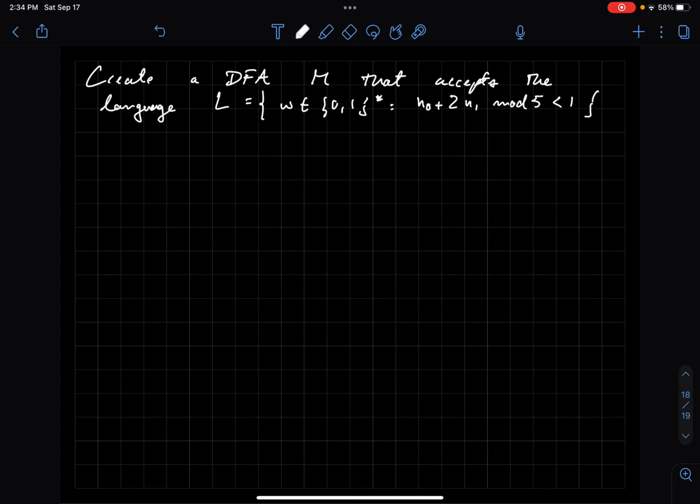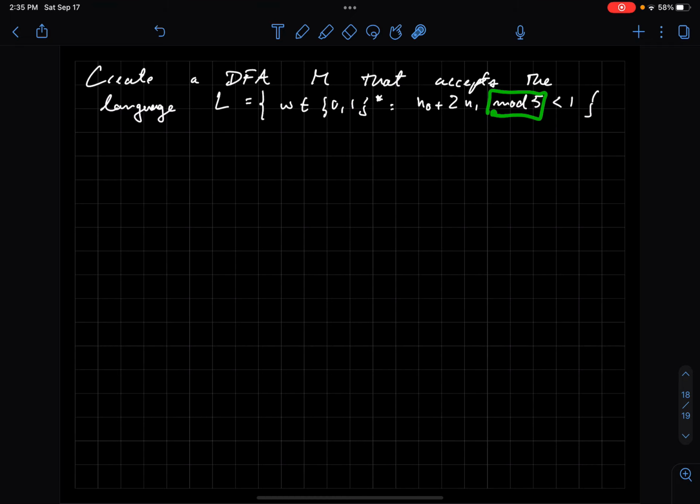Okay, welcome back everyone. In this video, we'll be looking at a solution for creating a DFA M such that this machine accepts the language L, where L is the set of strings over the alphabet {0, 1} where, and this is actually one of the most complicated conditions we've seen so far, the number of zeros plus 2 times the number of ones, right? Of course, I'm using a shorthand, but I mean of W,